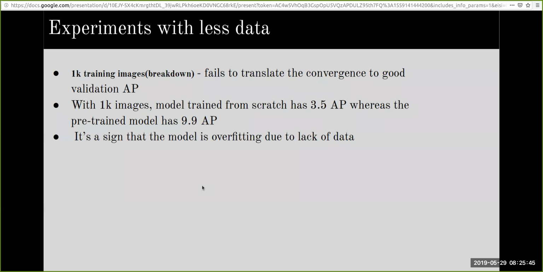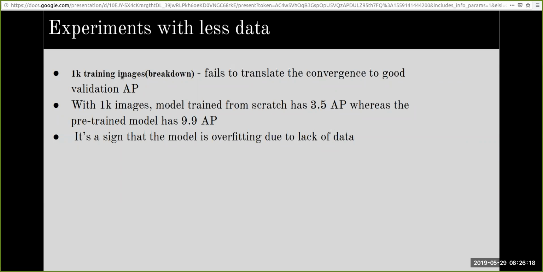When only 1K images are used, training from scratch still converges, but this time it is pretty slow. But the critical part here is that it starts producing worse results than the fine-tuned model. So when only 1K training images are taken, the pre-trained model gave an average precision of 9.9, whereas the model trained from scratch gives an average precision of only 3.5.